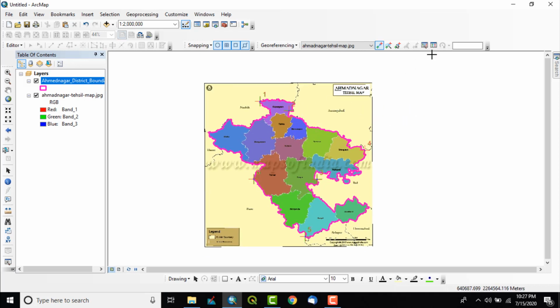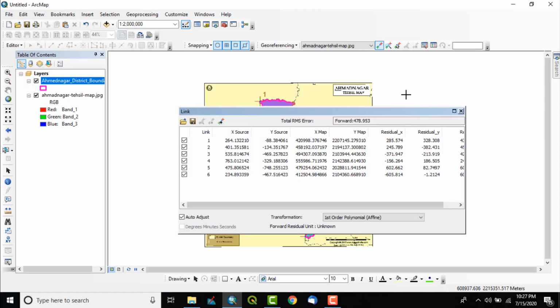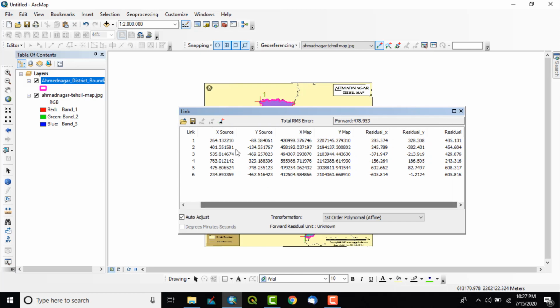Whatever points we have taken, those are control points, and the information of those control points can be seen here, view link table. Here we can see X source, Y source. These are the by default unknown coordinates, also referred to as screen coordinates.